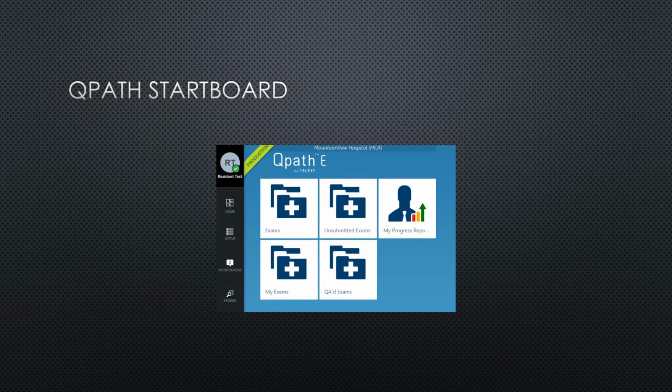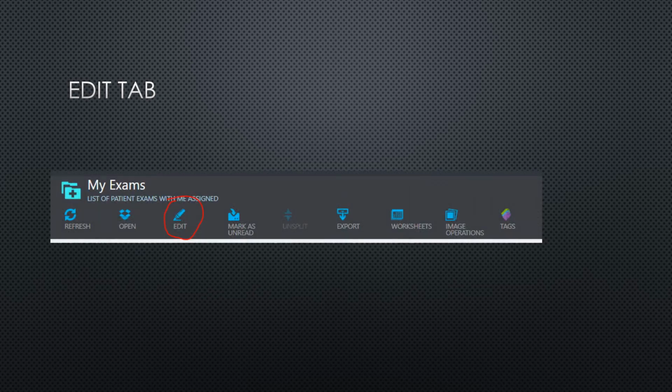Yeah, so that's your STARTBOARD. A couple of things we need to talk about. First one is the Edit tab. This is used for assigning exam types, operators, and in the future attendings. Getting into the Edit tab, you can select the exam from the exam blade or open it and then click